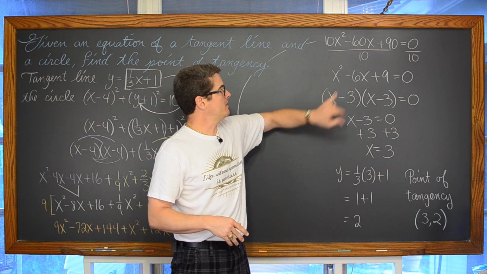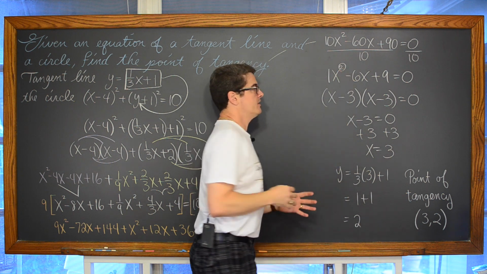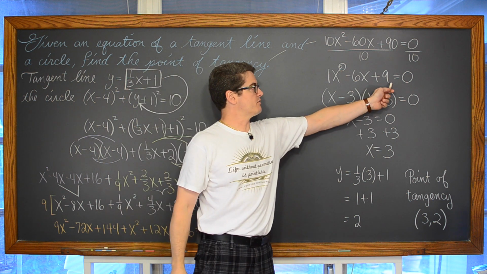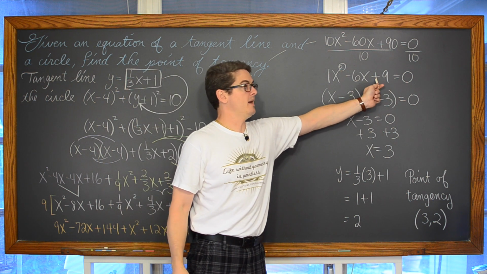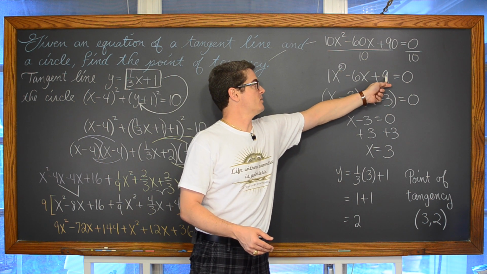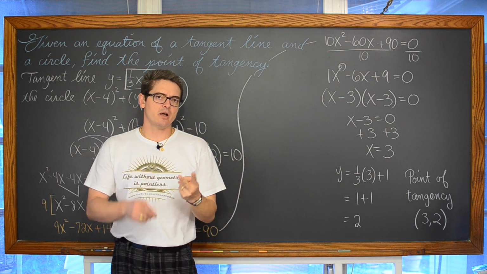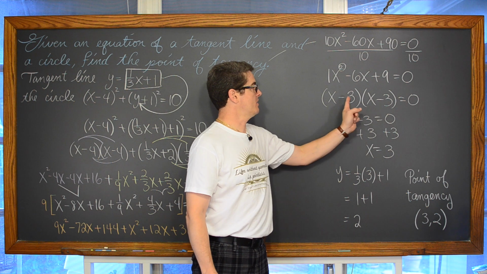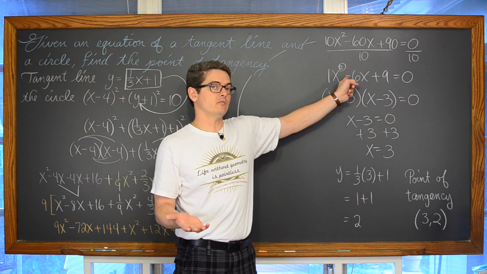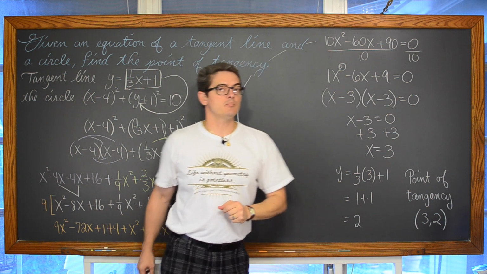And because our leading coefficient is 1, then when factoring a quadratic whose leading coefficient is equal to 1, you're simply looking for factors of the constant that either add, if it's plus, or subtract, if this is a negative sign. Factors of 9 that either add or subtract, in this case, add to 6. And you only have two pairs of factors for 9, 1 and 9, and 3 and 3. And -3 and -3 add up to be -6. Why are they both negative? Because they need to add up to a negative number, and when you multiply two numbers which have the same sign, you get a positive answer.